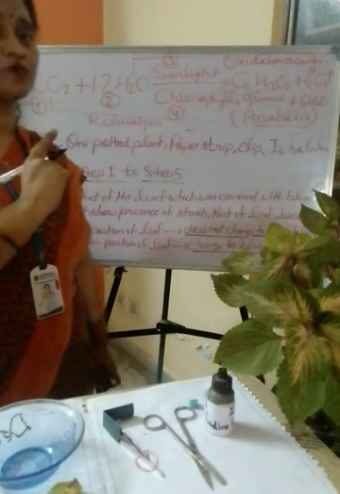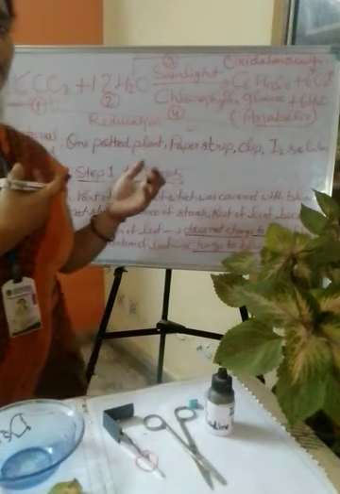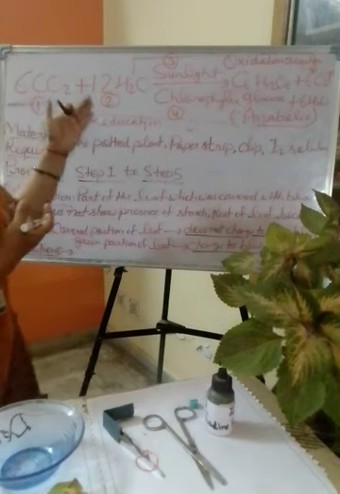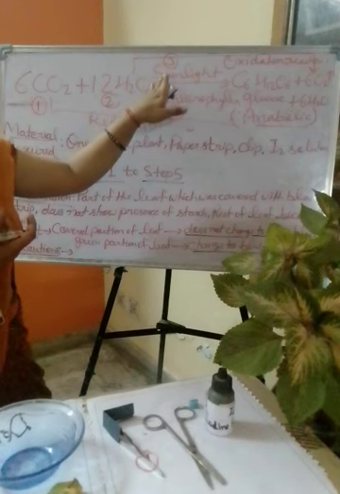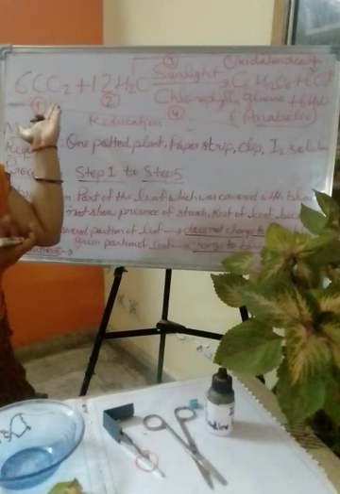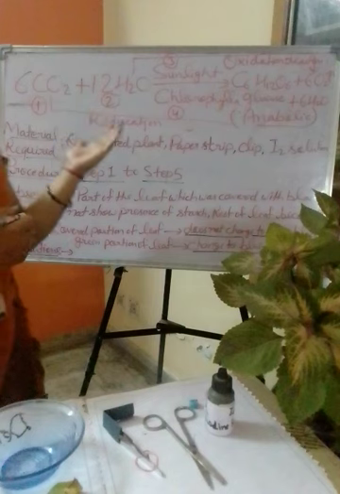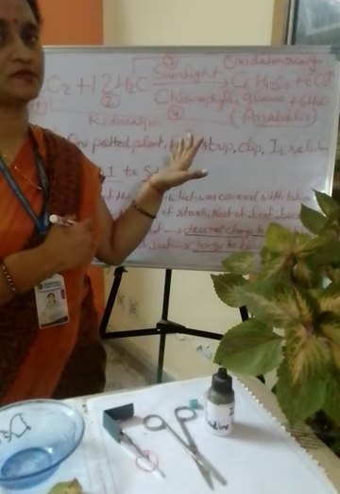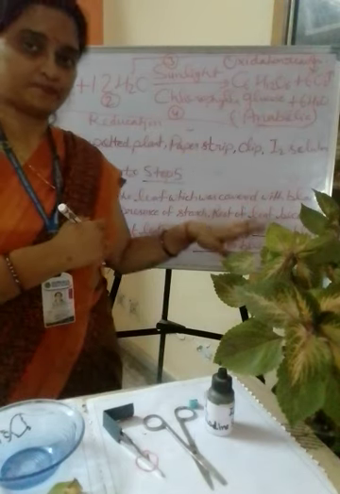There are 2 activities that are very important for your 10th class, theory and practical. Now light is a very important factor for photosynthesis and carbon dioxide is a very important factor for photosynthesis. Now how can you prove that light is an important factor for photosynthesis? Okay, so we are going to demonstrate this experiment.